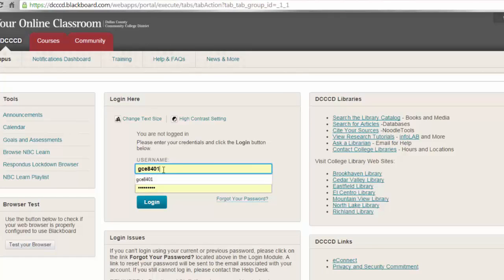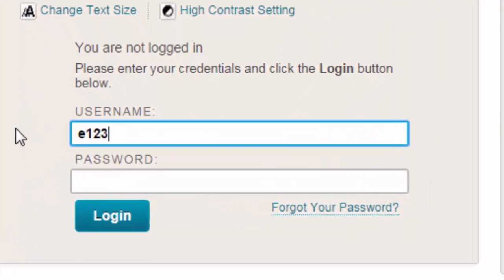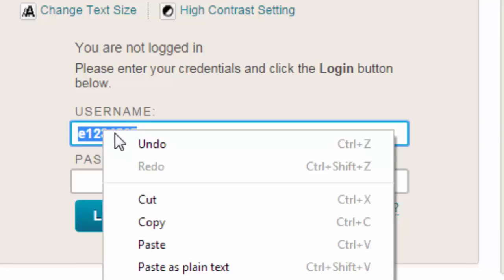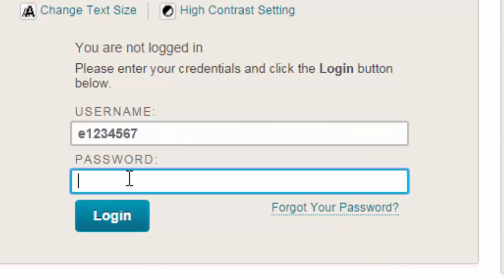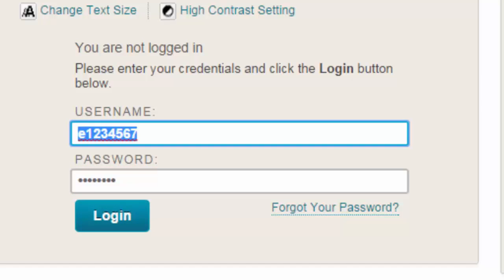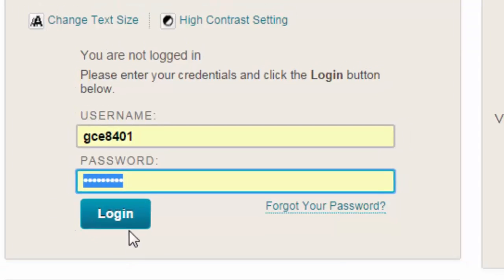Once you're here, you'll need to log in. If you've never logged in before, your username is the letter E and then your student ID number. This can be found on your student ID or on the registration receipt that you got when you registered for class. The first time you log in, your username and your password will be the same, so you can just copy and paste that in there and then click login. The first thing it'll do is have you choose a new password so that you have your own password. I'm going to log in with my account,